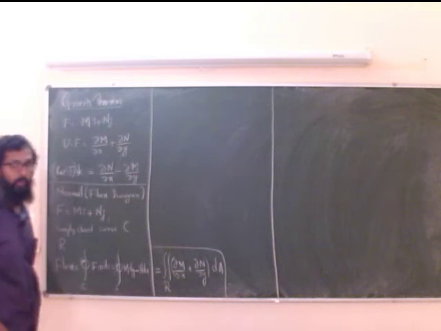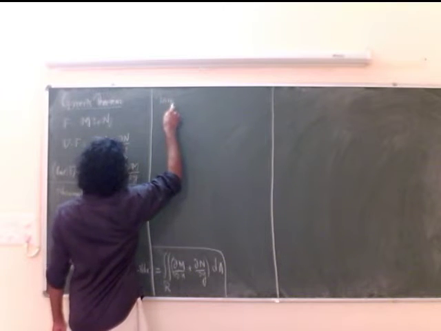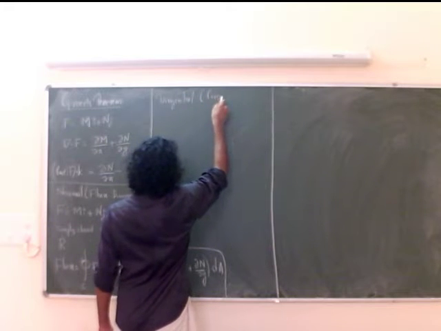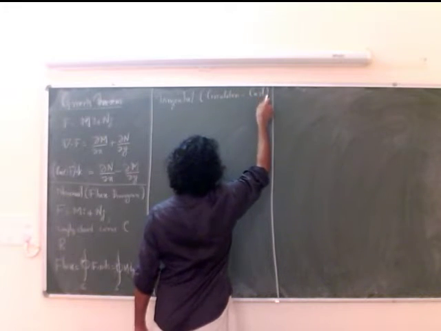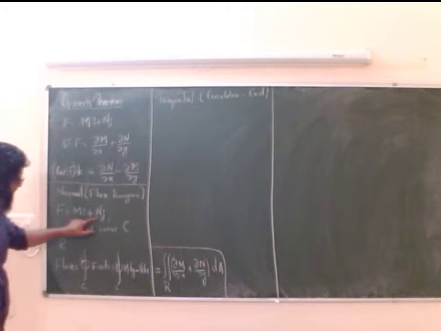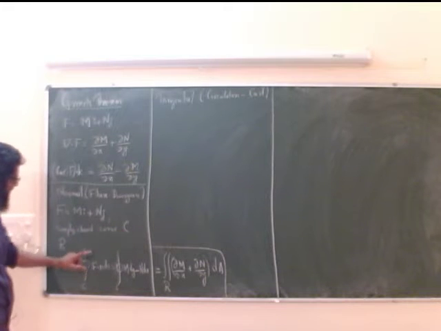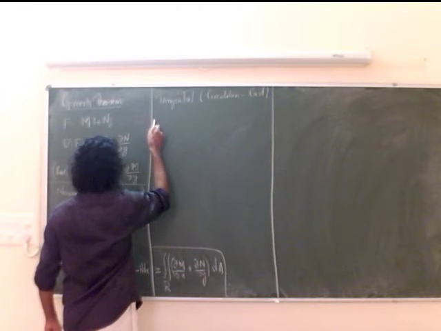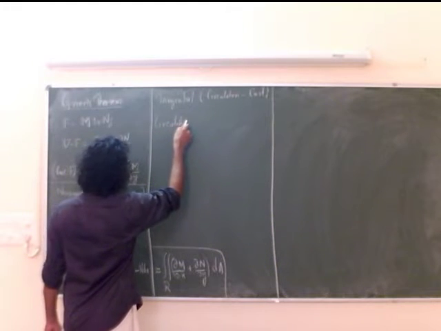Now let's see what's the tangential form, the tangential or circulation curl form of the Green's theorem. Again, F is a two-dimensional vector field defined over a region containing a simple closed curve C, and the region bounded by C is R. Then the counterclockwise circulation of F over C, we know circulation is equal to